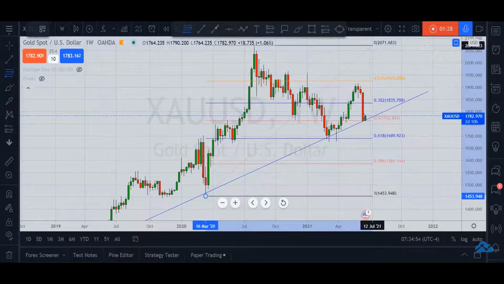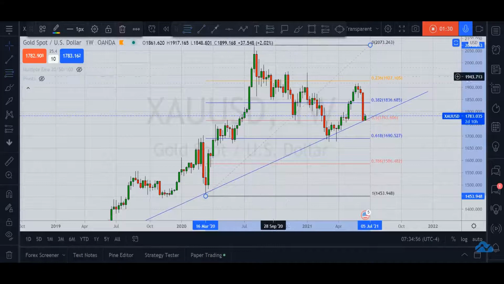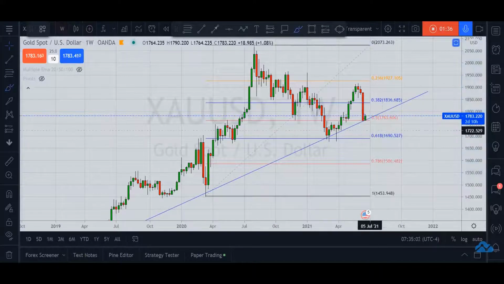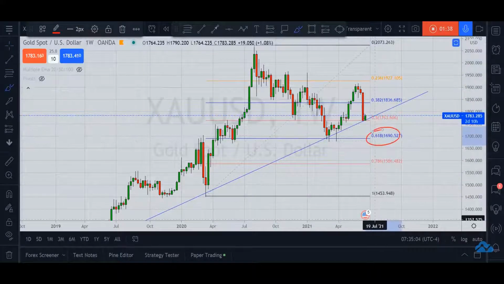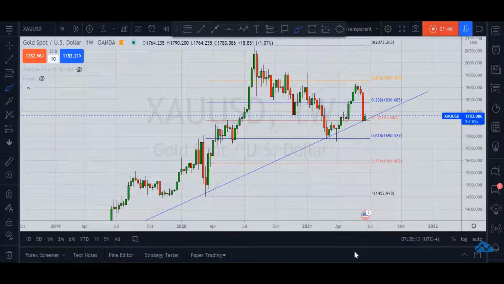And where do we see the correction landed? At the 618 Fibonacci level. Exactly. Almost to the pip. This is the golden ratio. This is the most frequented of the Fibonacci levels. All right. This is where you can expect price to reverse. Okay. Now, having said that,